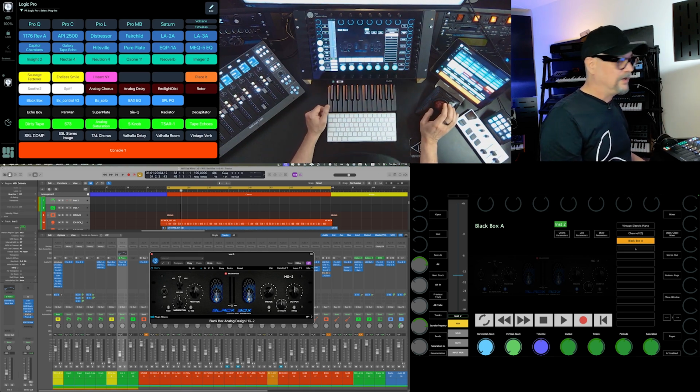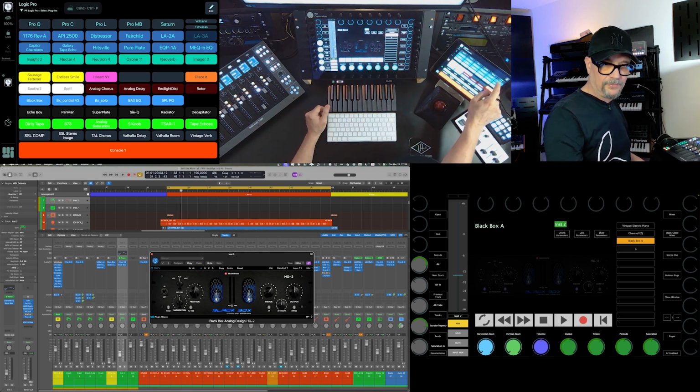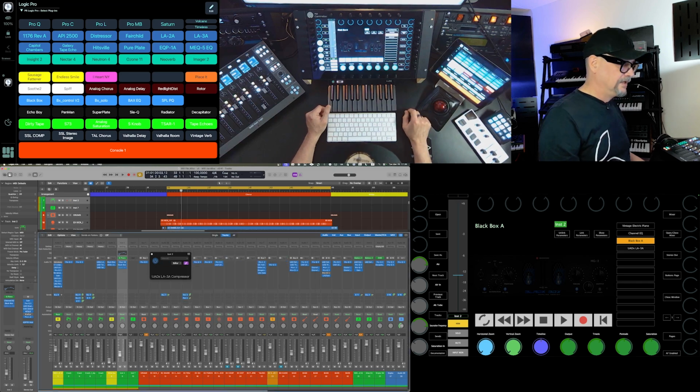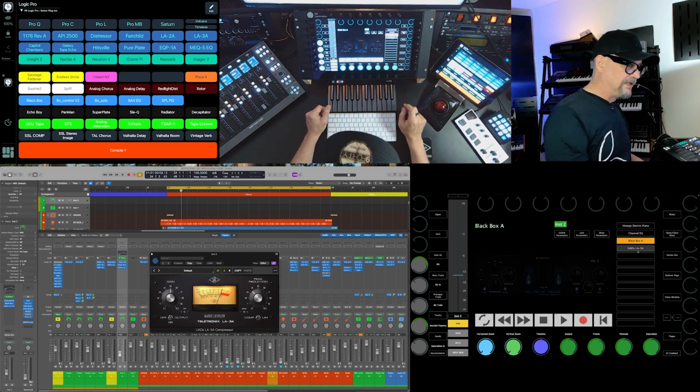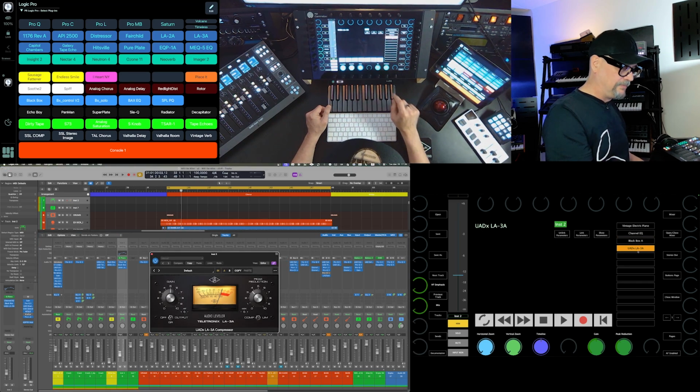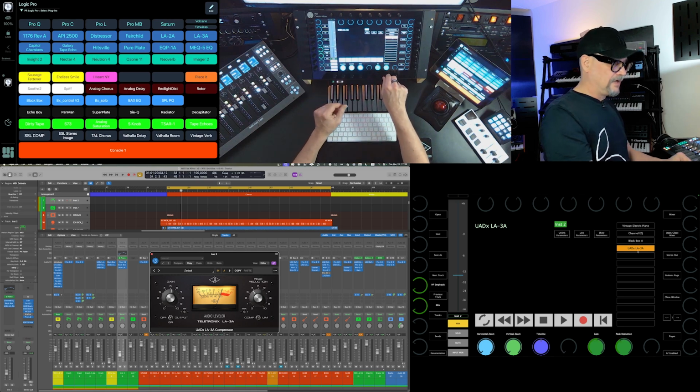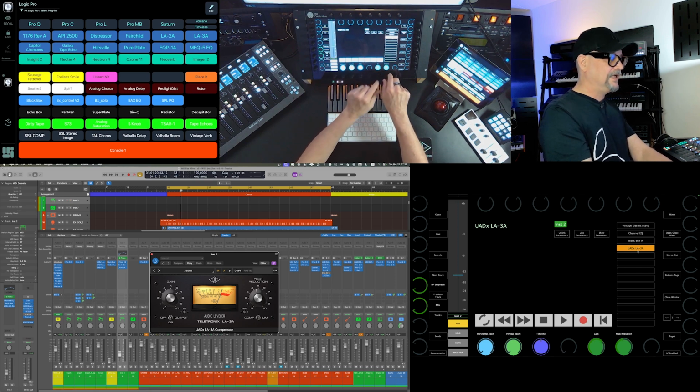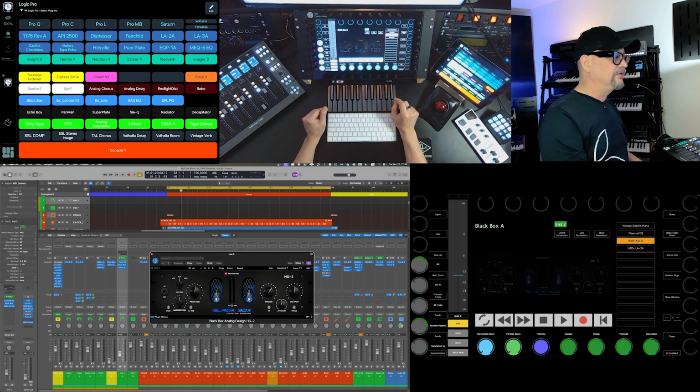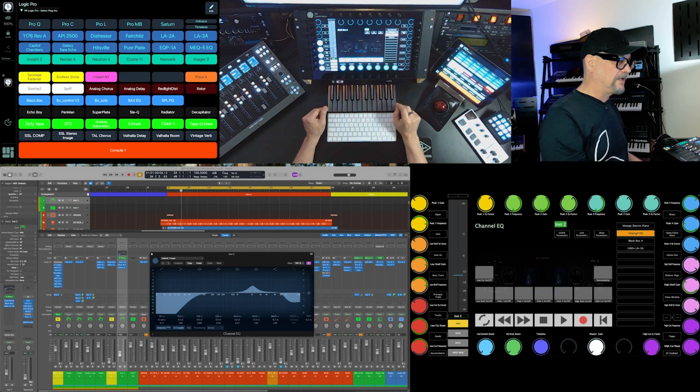So now let's add, for example, the LA3A. Now if I go into the LA3A, it will actually remember the mappings, and I can then tweak these two parameters very quickly. Then I can go back into the black box, and then I can go back to the EQ, and